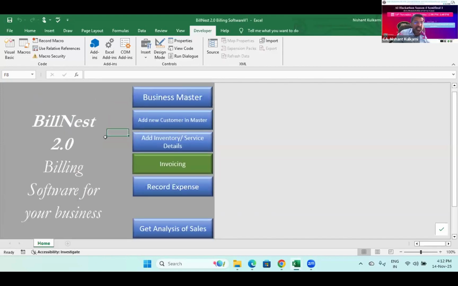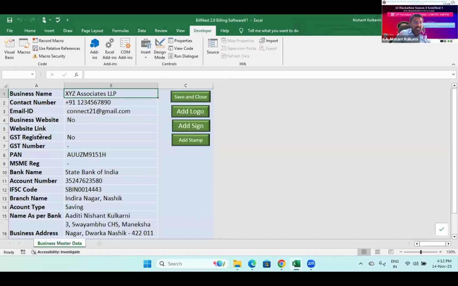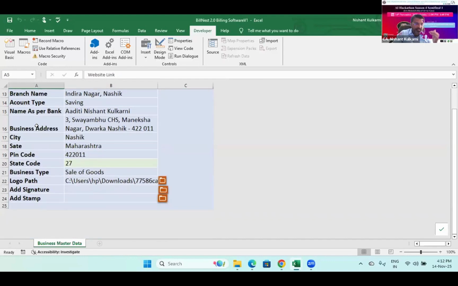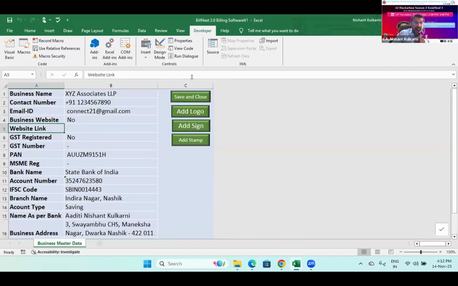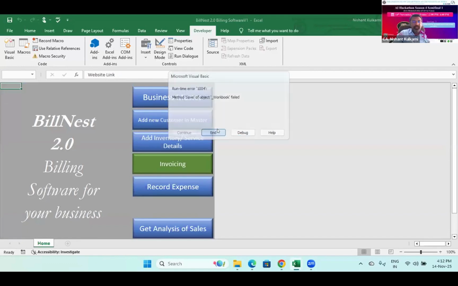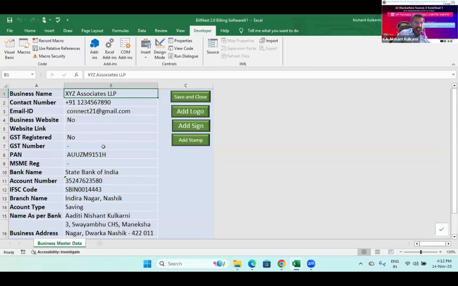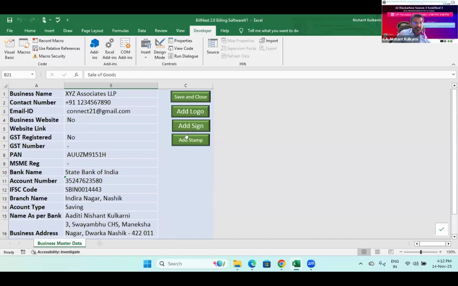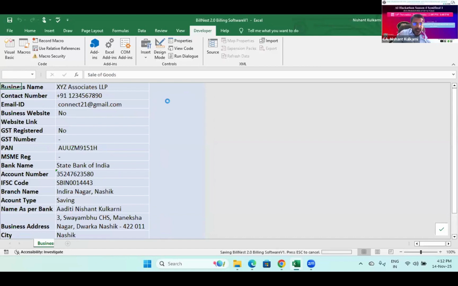So this is the home screen. You can just go into Business Master. This is an Excel-based utility, so everything is offline. In Business Master, you have to put in your own business details, everything. This is a one-time job. Once your Business Master is done, I'll go again to the Business Master. Here you have to select whether you are selling goods or services. For both, this utility works. Okay, so once this is done,